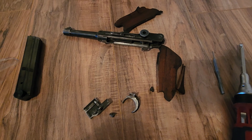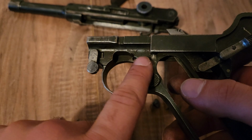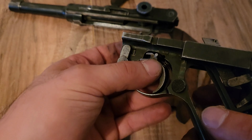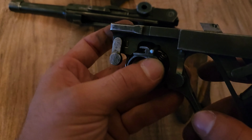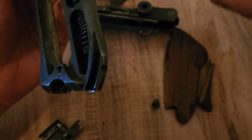Alright, we're back in action. Not going to lie, it took me quite a few minutes off camera, but turns out I tried some tricks here and there, and I can actually slide it. I thought that little indent would stop it from doing that. So, probably a little bit easier than it's supposed to be, but as mentioned, I haven't taken this thing apart in quite some time. So anyways, get that trigger back on there. There we go. A little more effort than I think it should have taken, but...